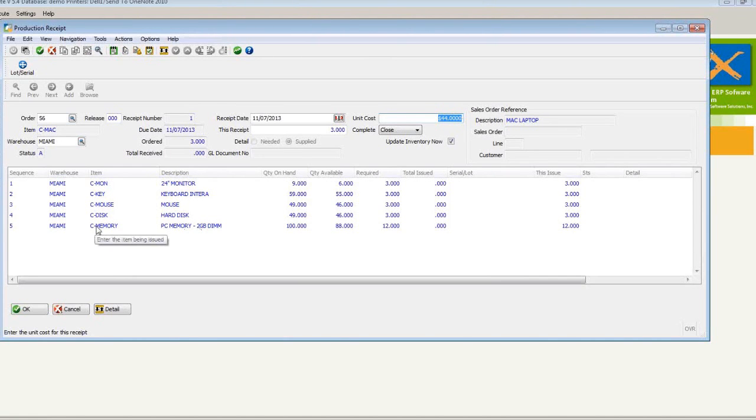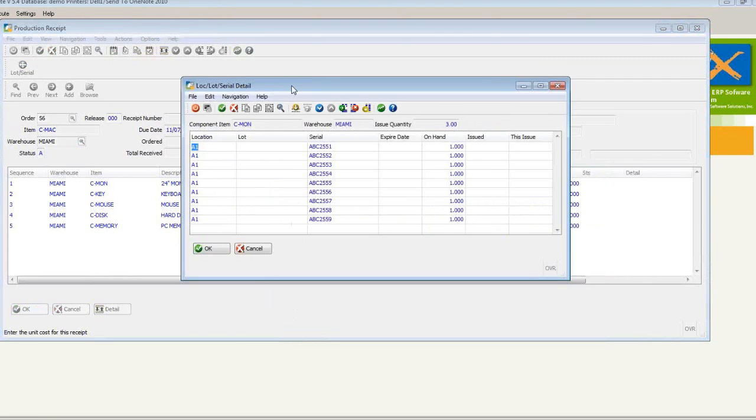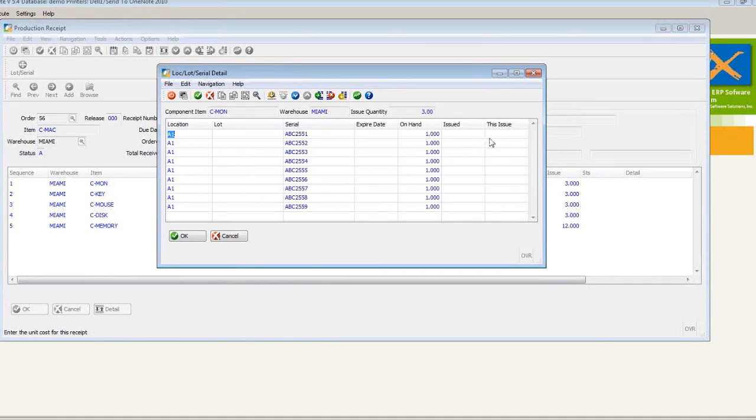And I can see that the component items that I had previously defined on the bill now show up at the bottom of the screen. They're going to automatically be issued from stock as well. So this is referred to as backflushing. If I had longer lead time items, I can define a separate transaction for issuing material to an order called a component issue. So I can separate the issue of material from the completed production of the end item at the end of the process. I'm going to go ahead and select these as is,